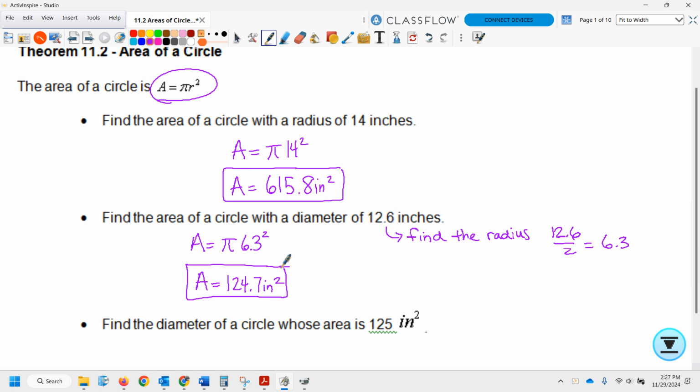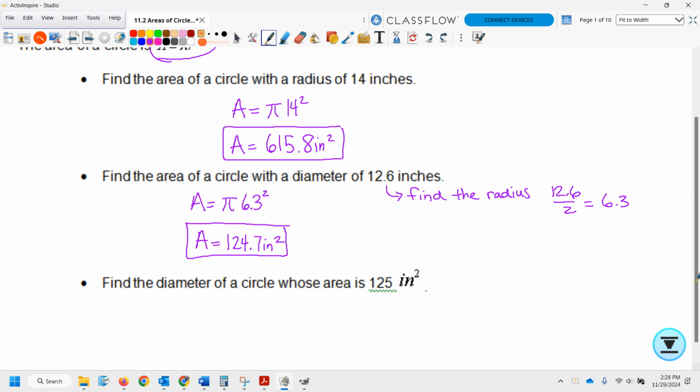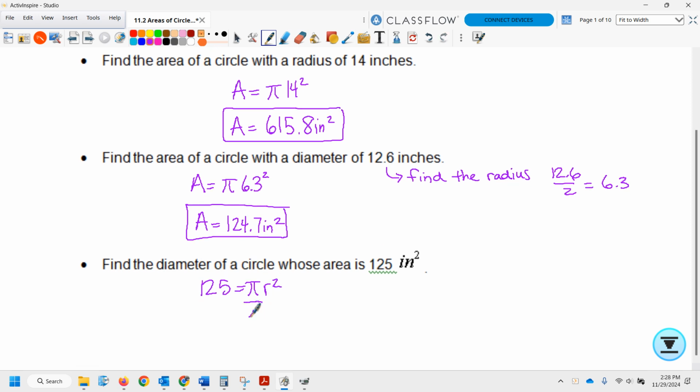Now, the next one says we need to find the diameter of a circle whose area is 125 inches. So we're going to use this formula, pi r squared, and we're going to find r, and then we're going to times it by 2 and find the diameter. So we're going to plug in 125 for area equals pi r squared. The first thing we need to do is divide by pi. So 125 divided by pi, and I round to the nearest tenth, that gives me r squared is equal to